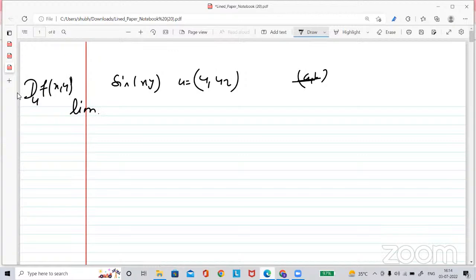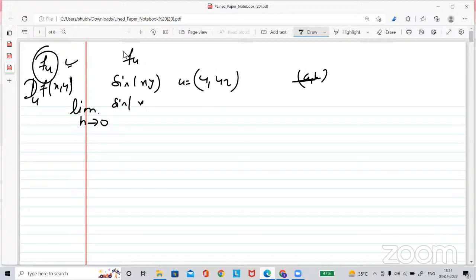So if sir is just writing with the f u, if you are okay with that, I just wrote it with d. So don't get confused. Sir used to write like that. I am just writing with d with the suffix u. So limit h tending to 0 of sine